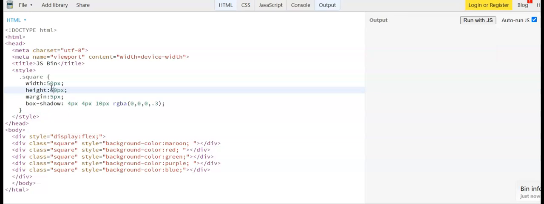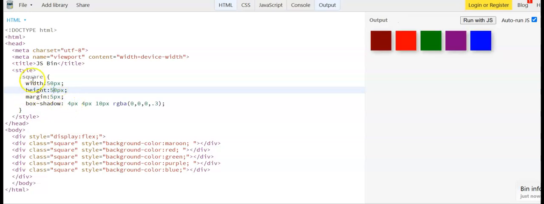So it saves a ton of time to be able to have your CSS attributes up in the style section and not in line. Now I had to leave the colors because these are all different colors. So that didn't really make any sense to. I could have made a CSS attribute for like square red, square maroon, square green. Then that's a little bit overkill and that's too much typing in the head. So you want to think about being efficient. So I left the color in here and I can just change the color if I feel like it. I can make the maroon one orange, but that's only changing one thing